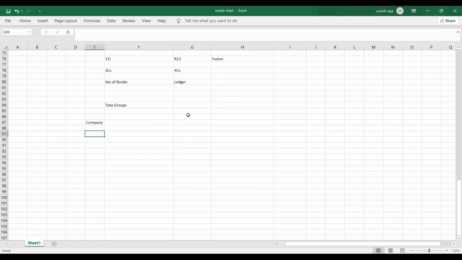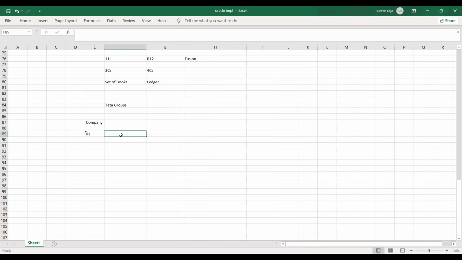So Tata Group, I'll take the company. They have a software business, education, manufacturing.